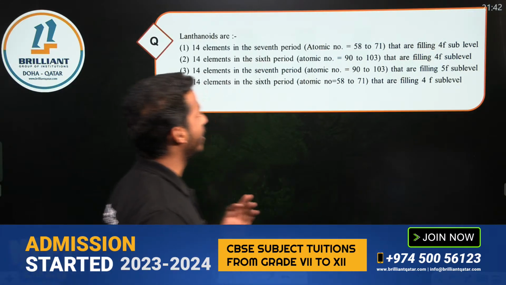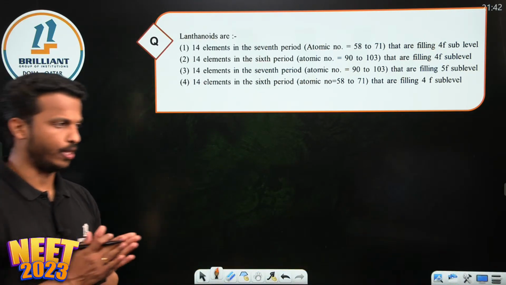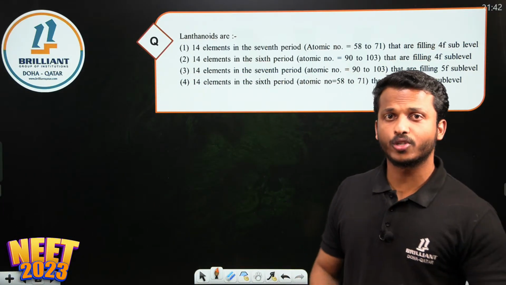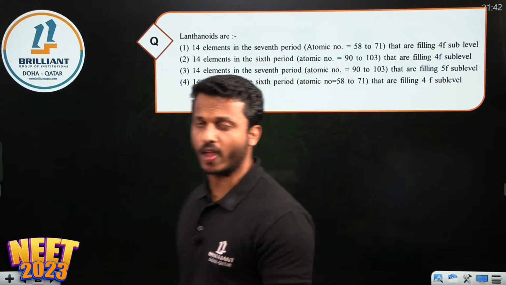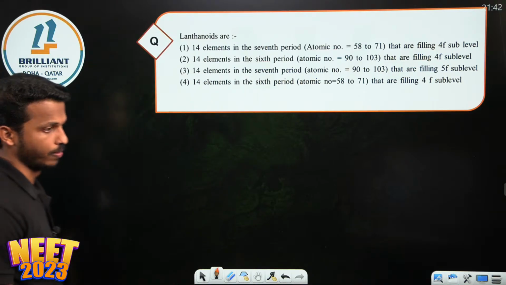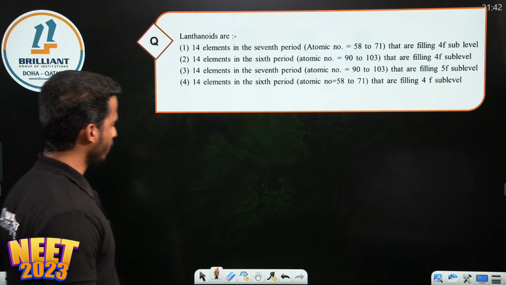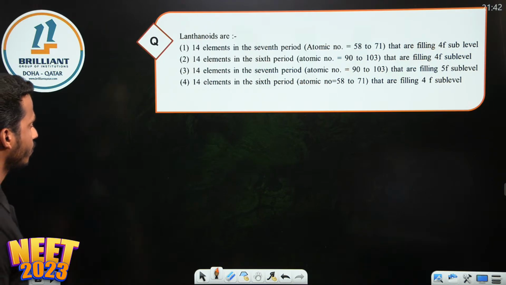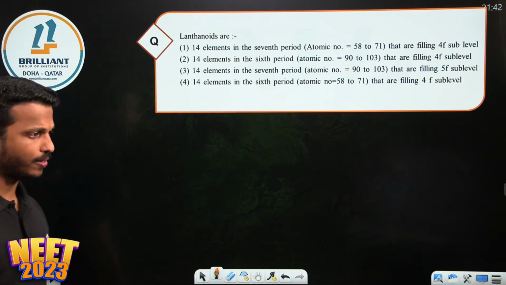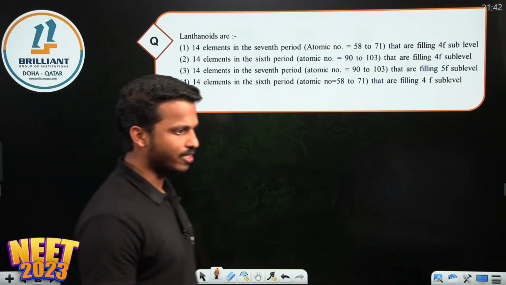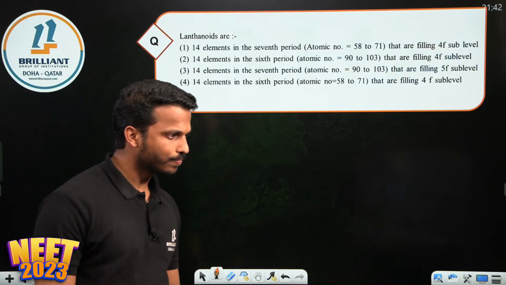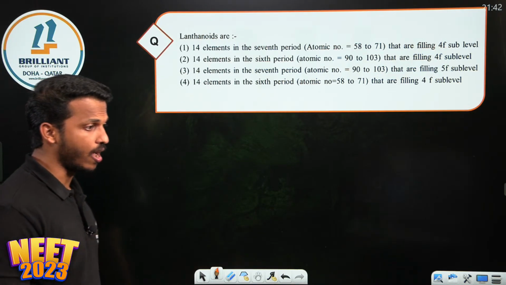Now, what are lanthanides? Tell me, because you just completed the board exam, you have studied D and F block elements, where you studied lanthanoids and actinides in the F block. What are lanthanoids? Correct definition here, or correct elements. Hafiz, Sarim, Abin, Sriveda, what is the correct answer? Lanthanoids are,